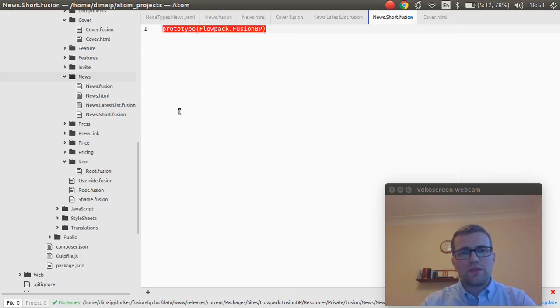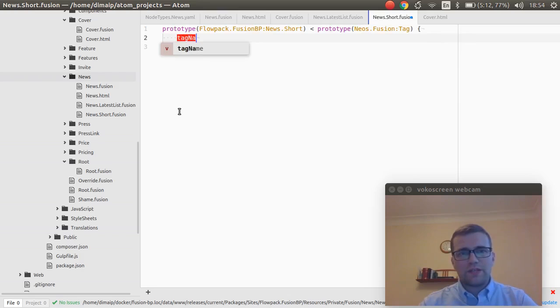Fusion news.short, and let's use tag. We could use a template object, but I will use tag,